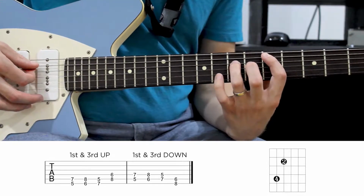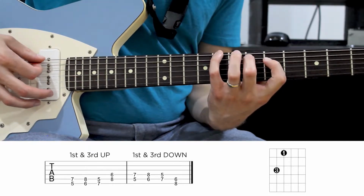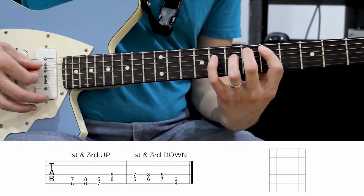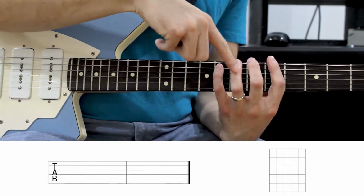Okay, then we start over on this higher string, and then we invert it, and then invert to go down. So we've got like that. Now, the last one is going to be our first finger and pinky, which means that our middle